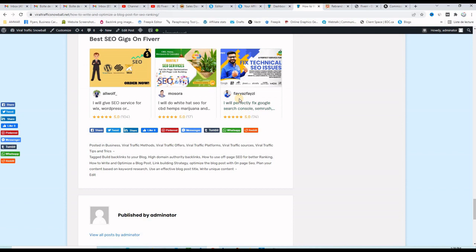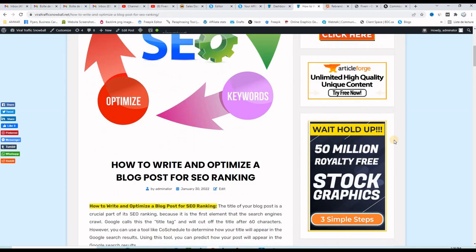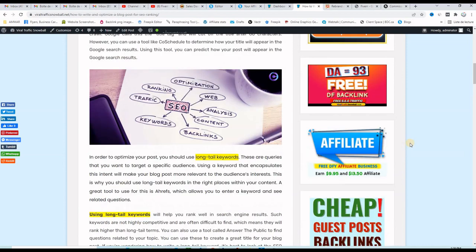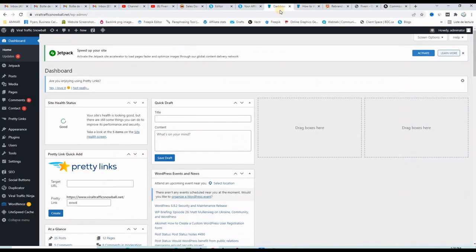Let me show you a third place where you can display the ads. So the third place I like to use to display Fiverr ads is the sidebar. As you can see here at the right hand side, there is a sidebar where you can put ads, and I want to display one widget here at the very top of the sidebar. So let me go to the dashboard